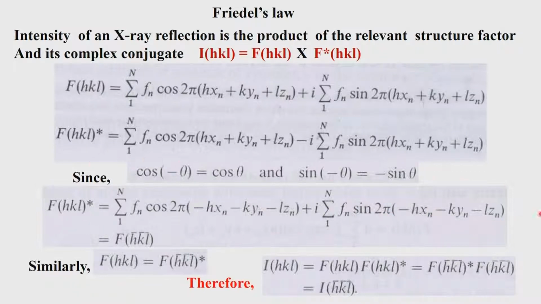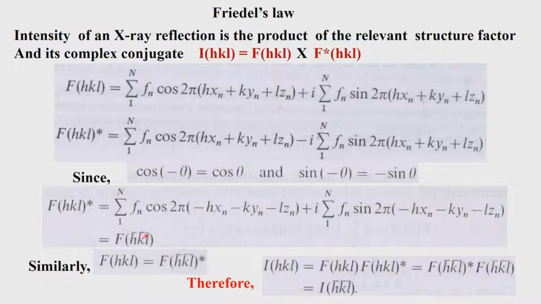So, what does this represent? This represents F(h bar k bar l bar). So, F*(HKL) is equal to F(h bar k bar l bar), and you see that F(HKL) can be shown equal to F*(h bar k bar l bar). So, the complex conjugates are related to each other in this mathematical fashion. F*(HKL) is F(h bar k bar l bar) and F(HKL) is F*(h bar k bar l bar). So, we can rewrite this expression for F(HKL) and then you will see this equivalence coming up.